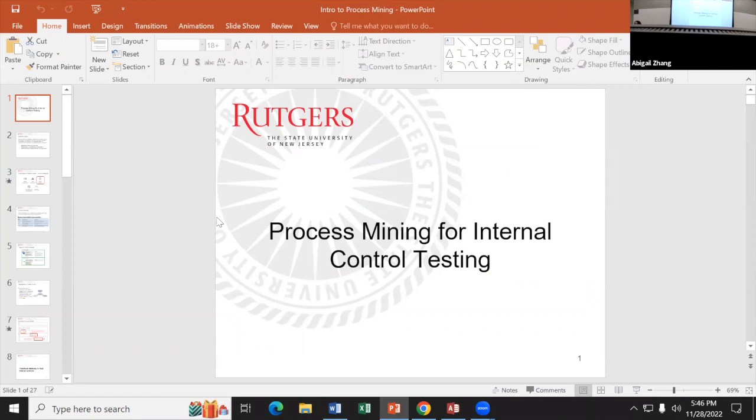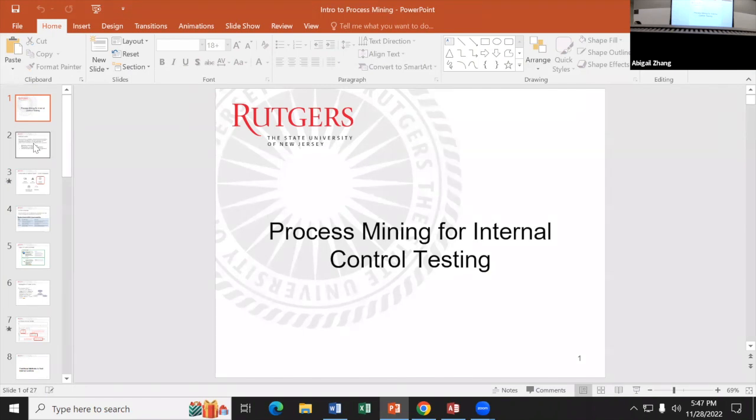Review of internal control and process mining. Because many of you were not here last class, right? So now for internal control, can someone describe at a high level what is internal control and what does internal